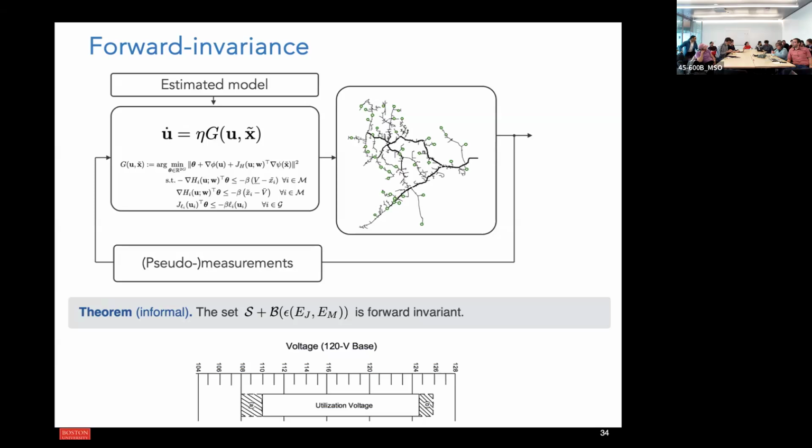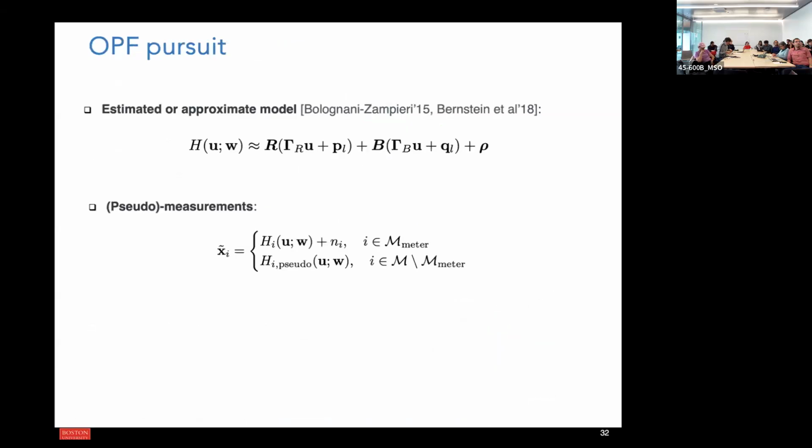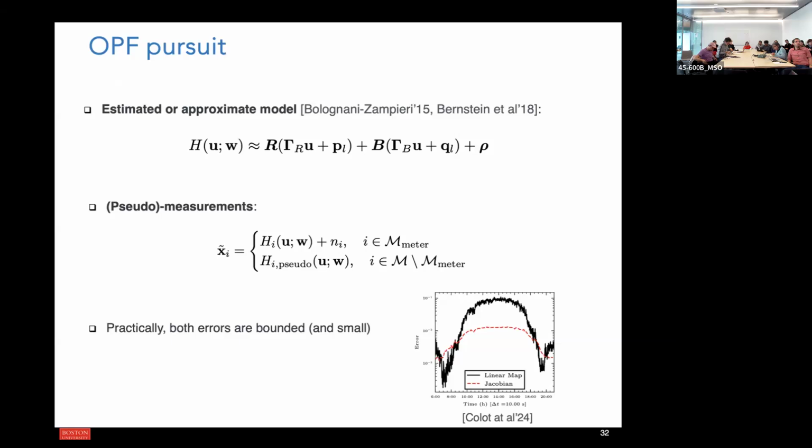I was trying to imagine how you would implement things computationally, and then you need to solve power flow equations. Oh no, we don't solve power flow equations. You use measurements. That's the whole trick. I see. And then in the previous problem formulation, you have the H expression. The H comes, sorry, I went fast, but we're leveraging this approximate linear model, and you can compute the matrices R and D offline based on the topology of the system and the data that the system provides.